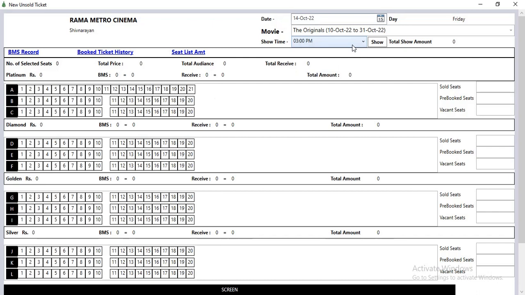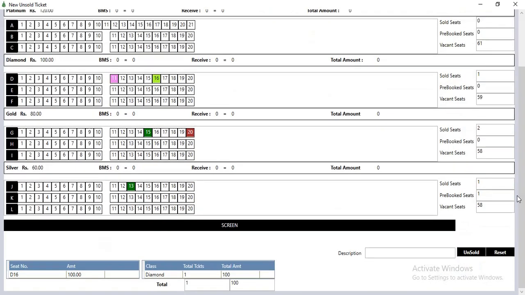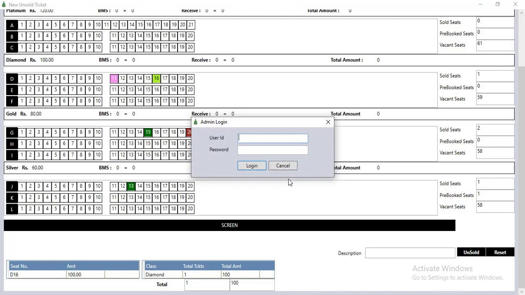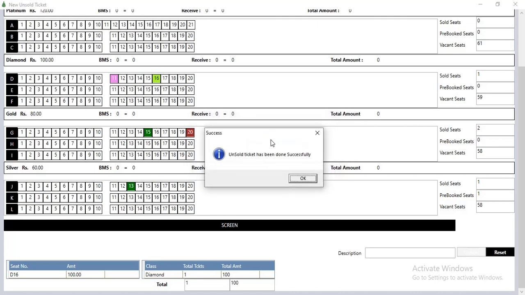Click on that. Now select the show time, then click on the show button. Here you can see the ticket booked is showing. Now select the ticket, then click on the unsold button which is given here, then click on yes. You have to enter the user ID and password. As you can see here, the ticket is unsold,